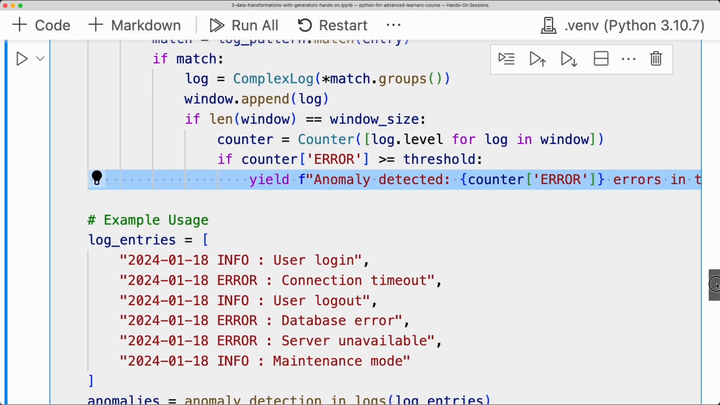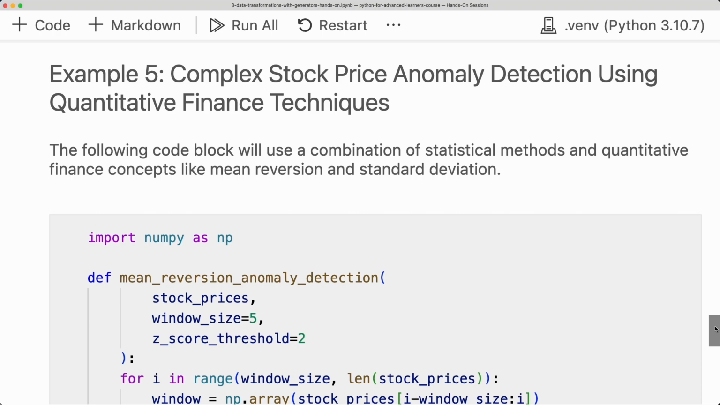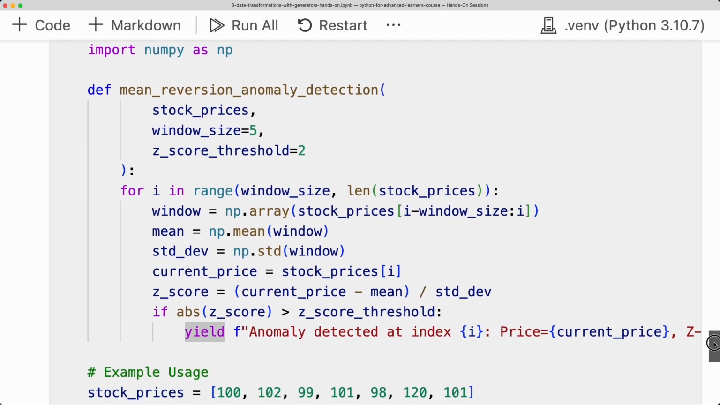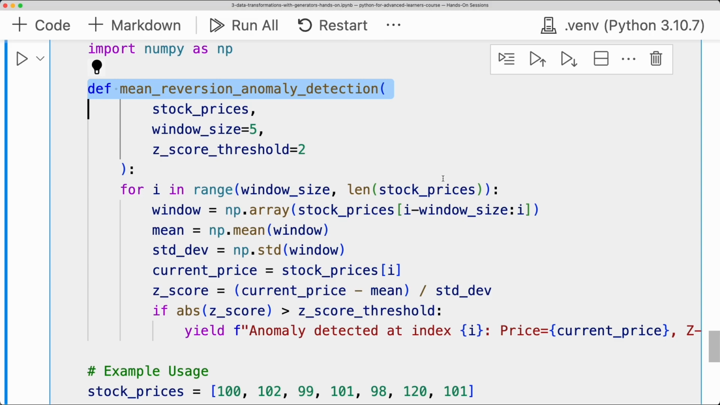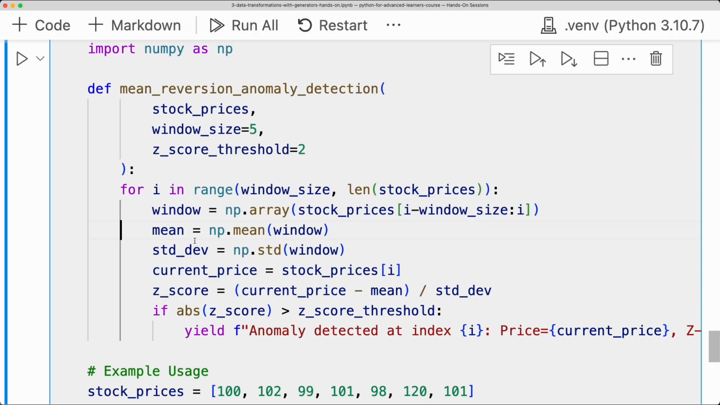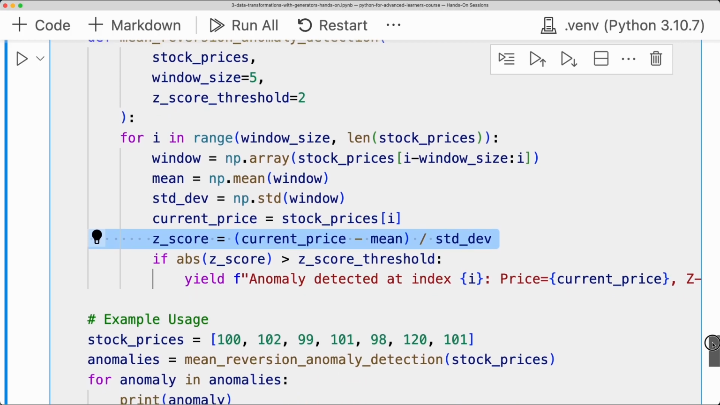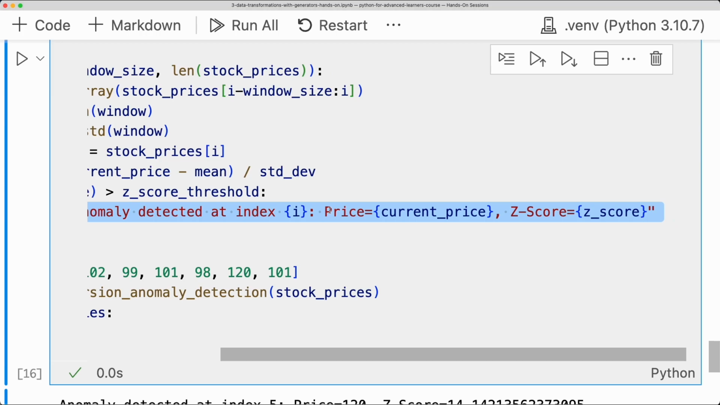Along the same lines, in the realm of stock price analysis, we could use quantitative finance techniques employing statistical methods like mean reversion and standard deviation calculations to detect anomalies. Here we have a function, for example, called mean reversion anomaly detection that's accepting stock prices, a window size, and a z-score threshold. Prices are then being looped through, appropriate windows being calculated, their means and standard deviations subsequently being calculated, z-score calculated with the current price, mean, and standard deviation thereafter, and if the absolute value of the z-score is greater than the threshold that was provided to the function,